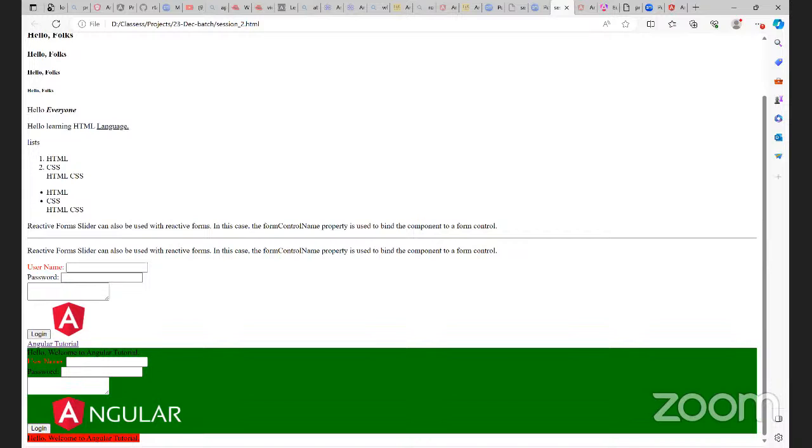Inline elements occupy only the space of whatever text we have inserted. Whatever width the text has, that much width only it will affect, for that text only. So for that reason we are going to use span. Now you know when to use div and when to use span. Span only declares that it is for the